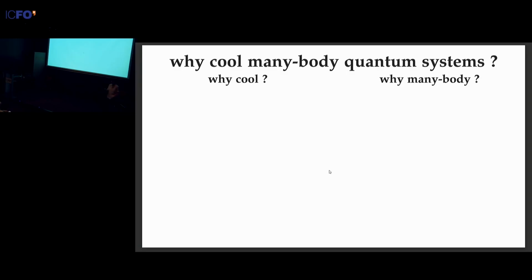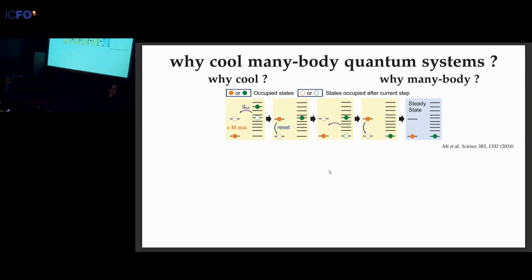Well, this is pretty obvious to everybody immediately, I think, because this is where quantum comes to appear, where we have coherence and we can leverage quantum properties to do something fun or useful. And then why many-body? And one answer is because this is already about